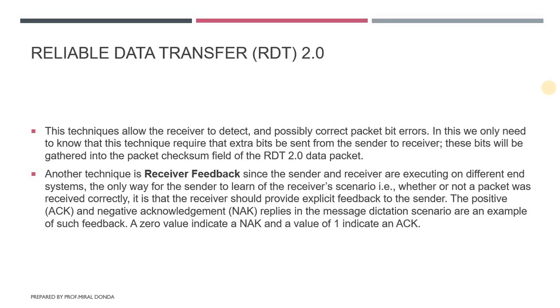As we discussed, RDT 2.0 calculates the checksum value and tries to correct those bits at the receiver end. That is one scenario, and another scenario is the receiver's feedback. Without correcting the packet, the receiver just sends the acknowledgement to the sender, and the sender sends the corrupted packet again to the receiver. This is how the scenarios work.